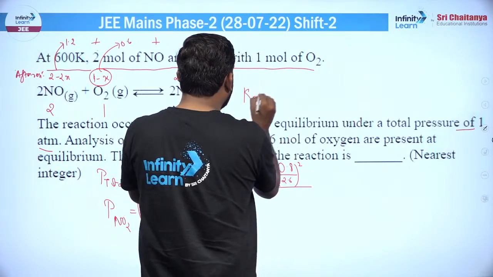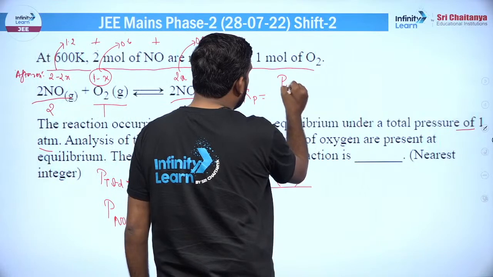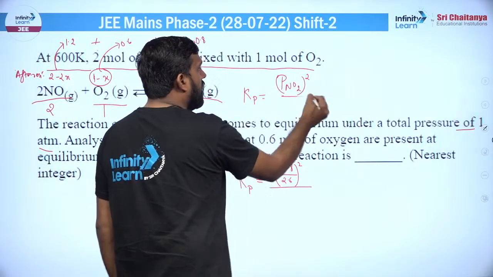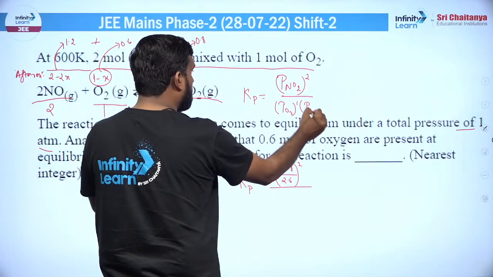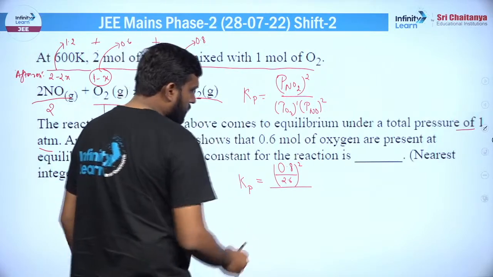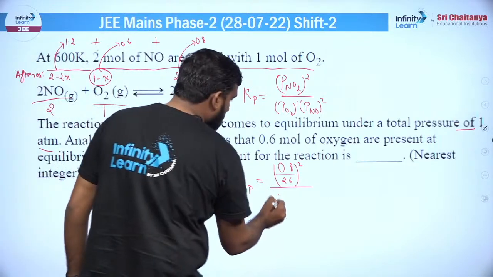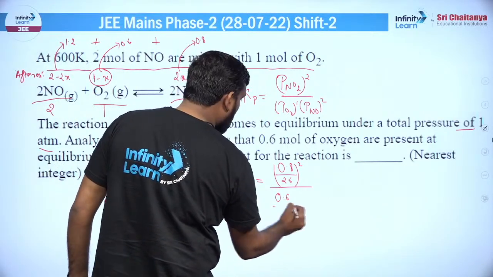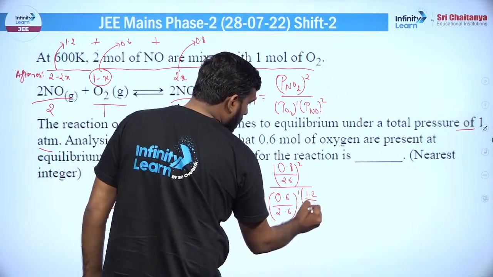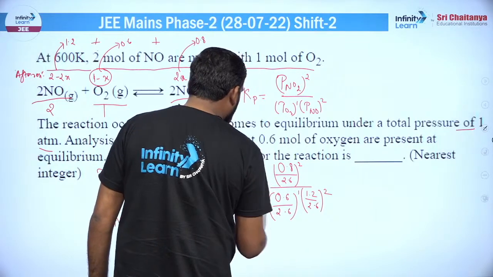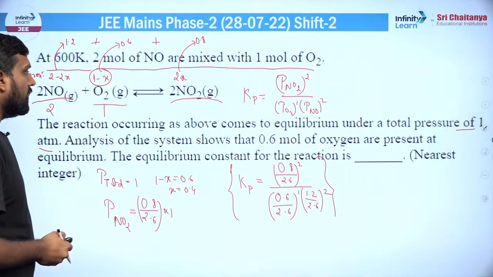अपॉन अगर आप यहाँ से Kp की इक्वेशन देख लो एक बार, ठीक है, इसका स्क्वायर आएगा, पावर 1 आएगी, पावर 2 आएगी, ठीक है, तो ये हो जाएगा पार्शियल प्रेशर ऑफ NO2 की पावर 2 अपॉन यहाँ पर आ जाएगा पार्शियल प्रेशर ऑफ O2 की पावर 1 और यहाँ पर आ जाएगा पार्शियल प्रेशर ऑफ NO की पावर 2, ठीक है, तो ये चीज़ हो जाएगी। तो यहाँ पर अगर आप लिखोगे तो आपको Kp जो बन जाएगा, इनको देख देख के लिख सकते हो, ठीक है, तो ये बन जाएगा 0.6 अपॉन 2.6 टू द पावर 1 और ये हो जाएगा 1.2 अपॉन 2.6 टू द पावर 2, ठीक है, तो ये आपका Kp आ जाएगा, ठीक है, तो आप निकाल लेना, Kp जो भी आएगा वही आपका आंसर हो जाएगा, ठीक है।